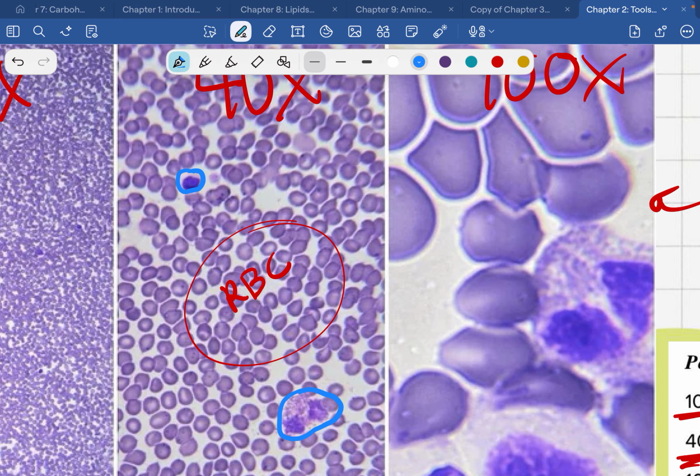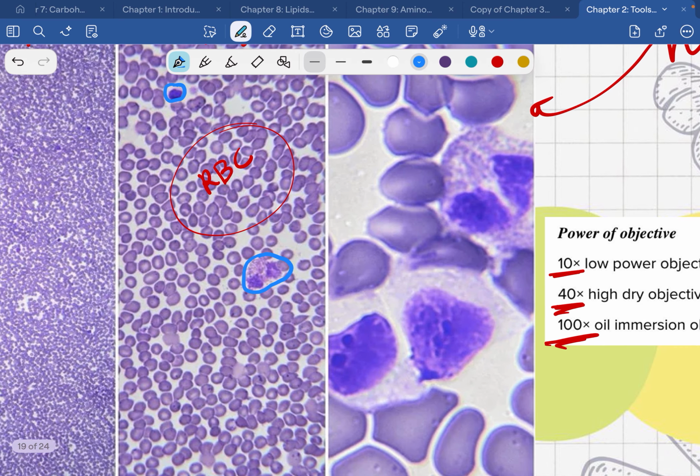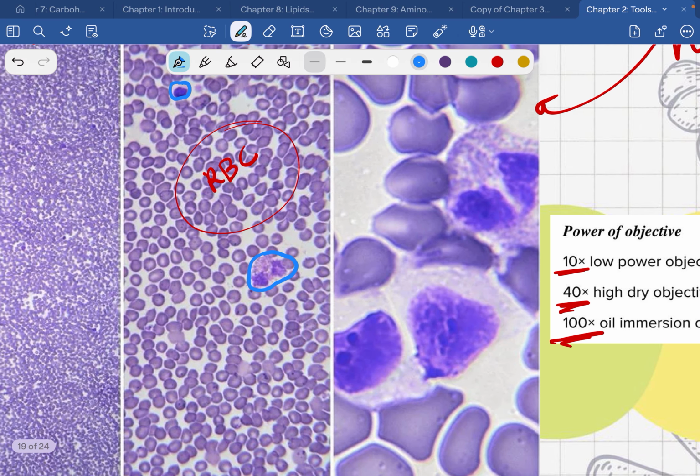So I can start to see some details. I might be able to identify some things based on that. And then this is what human cells look like under 100x magnification. You can see a lot more detail. I can count the individual structures inside these cells,